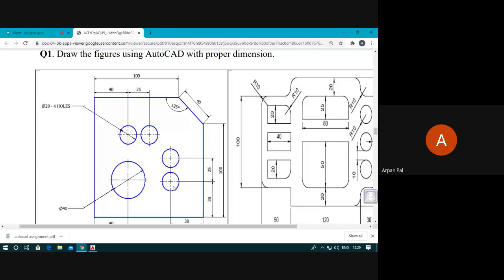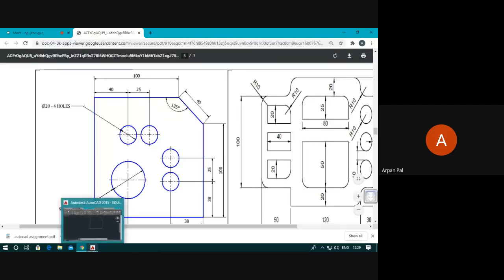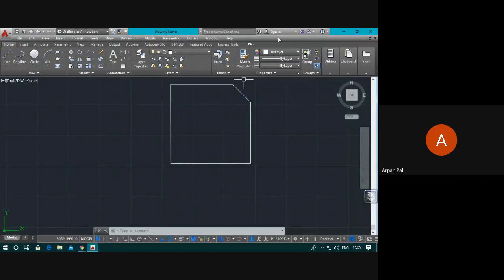Okay? Am I audible? So, how to do that? You will draw another line. No. Drawing this much amount of lines will make the figure more clumsy and it is more time consuming. So, we shall learn another command, and that is the most used command in AutoCAD.